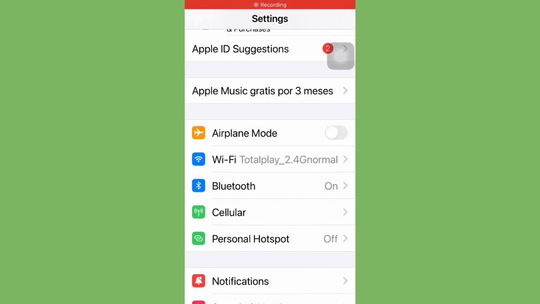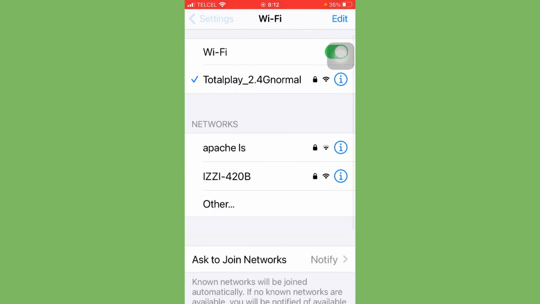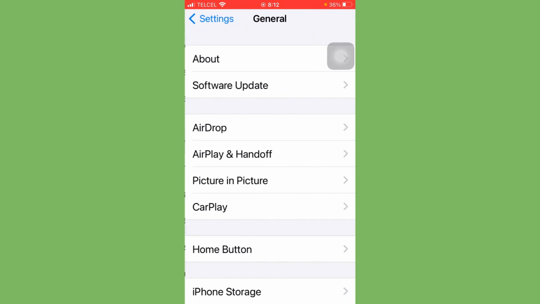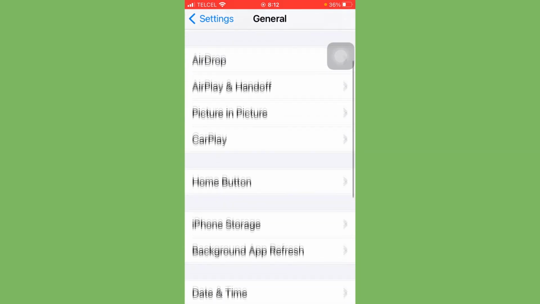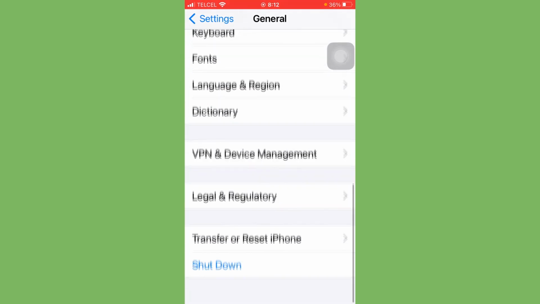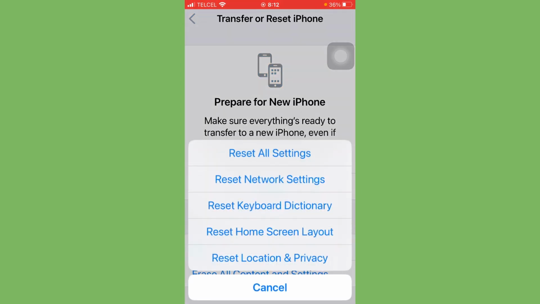And the last one is to restart the Wi-Fi or the internet settings. How can you do it? Let's go to Wi-Fi, and well, you have here everything is alright. And then you can check here on general, and then on general let's scroll down and just check if everything is alright, and you can transfer or reset iPhone, and you can reset all the settings, or reset network settings,